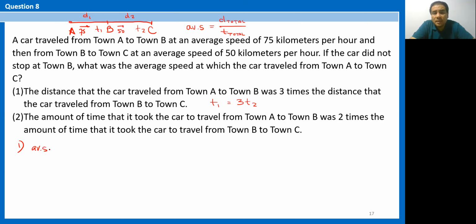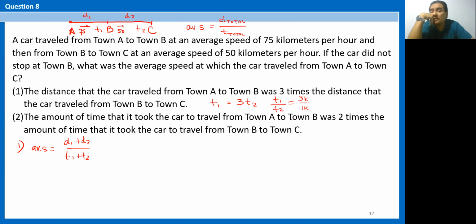The average speed then would be the total distance, which I can actually express as a product, which is the sum of these two distances divided by the sum of these two times. So let's say that we can express the time 1 and the time 2 as a proportion. So time 1 over time 2 equals